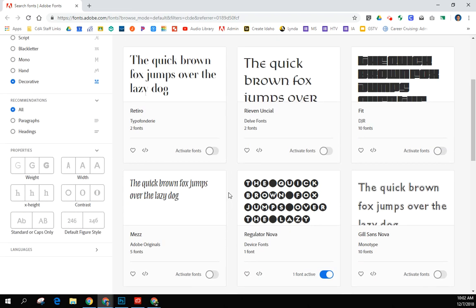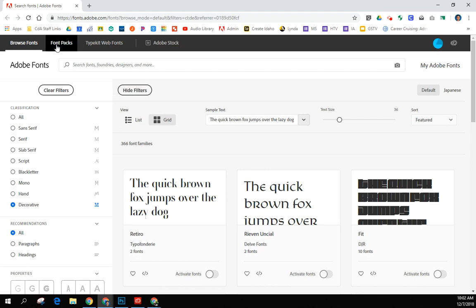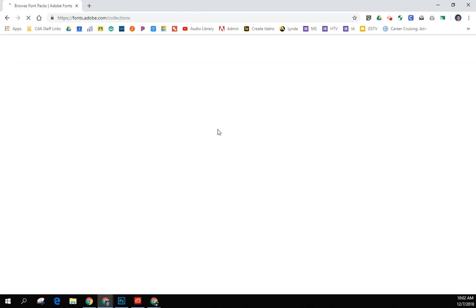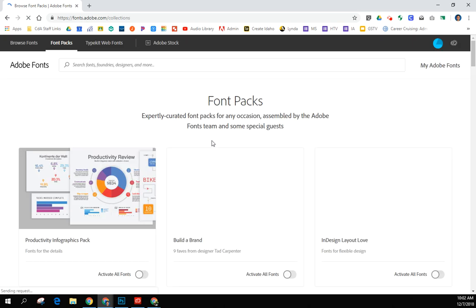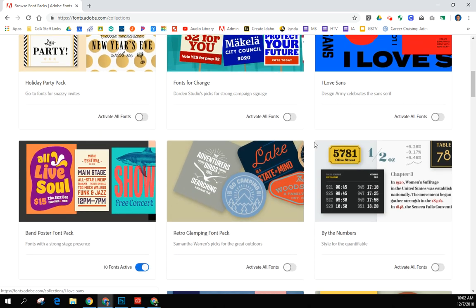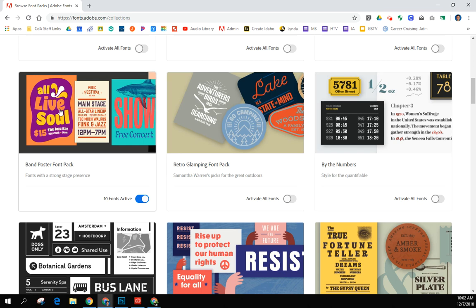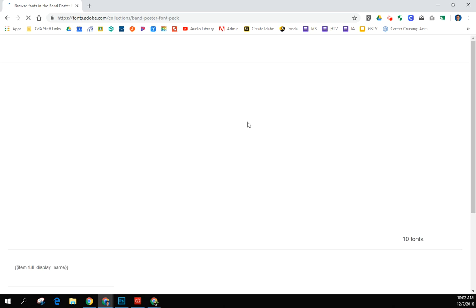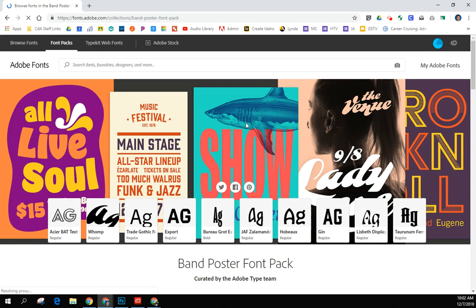The other way that's really nice to look up fonts is under font packs. So at the very top, if I switch over to font packs, let it load up this page. It's going to give you a series of fonts together, and really important, it's going to show you examples of them. So for instance, if I'm looking through these font packs, maybe I want to check out this one, kind of interesting looking. I can click there, and in the font pack, I can see examples of these fonts being